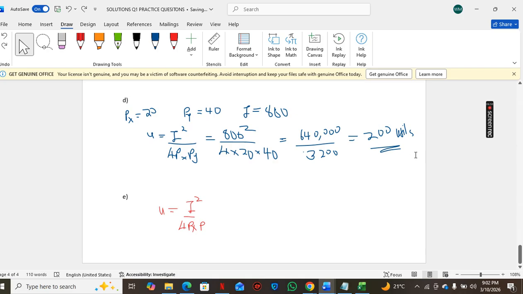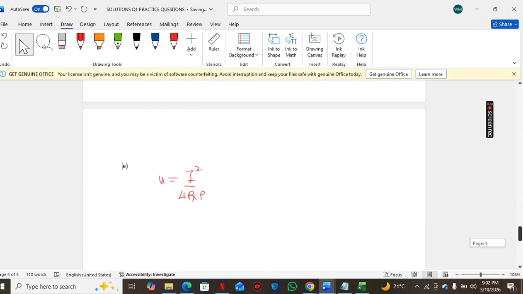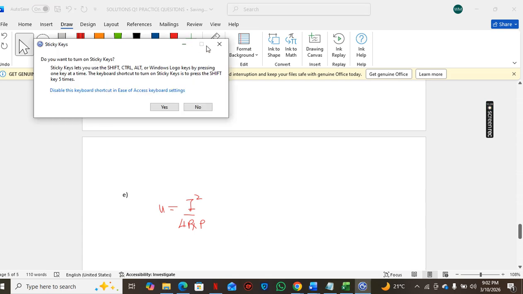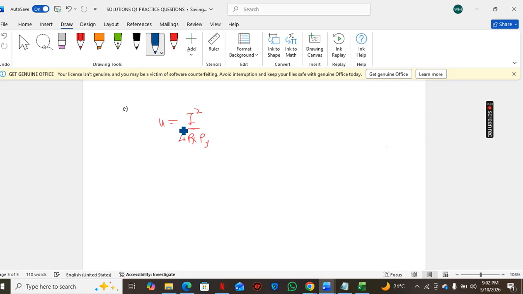Bring this down. So I want to make I the subject of the formula. So this is how we're going to do it. First we're going to cross multiply. Okay, we cross multiply. So this is what happens when you cross multiply. We're going to say 4pxpy multiplied by u and I squared multiplied by 1